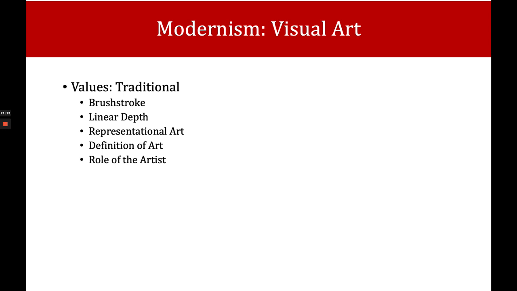Renaissance artists try to conceal the brushstroke so the viewer cannot tell that it's a work of art, making it smooth and very clear. But what we're going to see with the modern artists is they're not going to just try to disguise their brushstroke; they're going to put it out there for everyone to see. Because their suggestion is, why hide that this is a work of art? It's actually more of a lie if you're trying to conceal it as a work of art than if you just reveal what it is. It is a work of art. Why try to make it seem like anything but that?